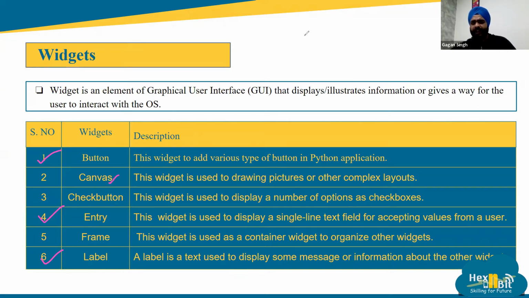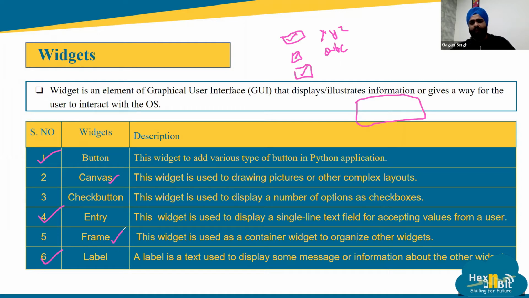Check button is basically like creating a checklist. You guys would have seen some checklist over some apps over which anything will be written, XYZ, ABC, and you can basically tick those things. Like on Google Notes and all, there is also a checklist option which you can create. Entry is basically the entry fields which is used for accepting the value from the user, or it is also used to display some values sometimes, depending upon what you are going to do with it.